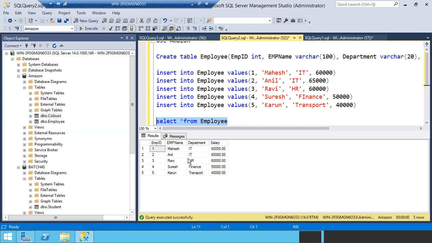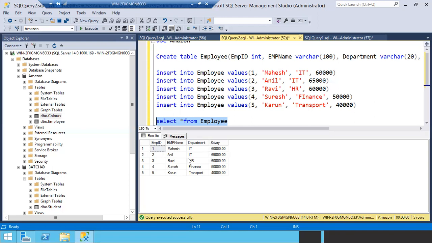On a table in SQL Server also, we can apply a lot of filters. If you want to see the employee names in my table, you can see only the employee name. If I have 10 columns but want to see only 2-3 columns at a time, you can filter for that. Or you can filter where the salary is more than 60,000, to see which employees draw more than 60,000.